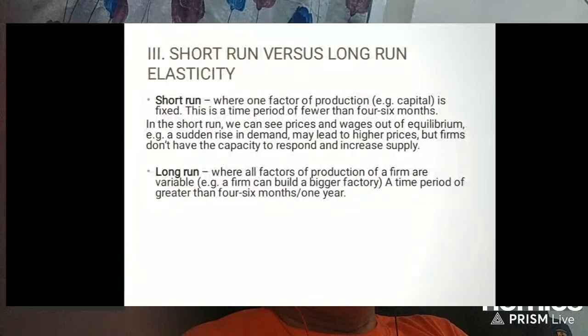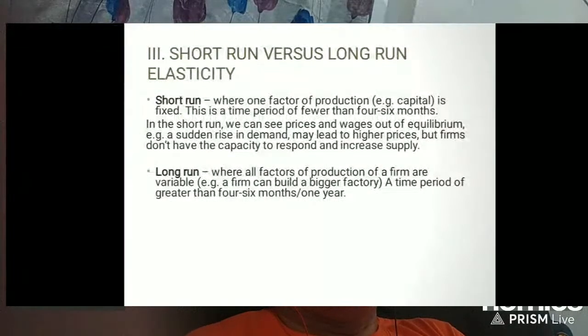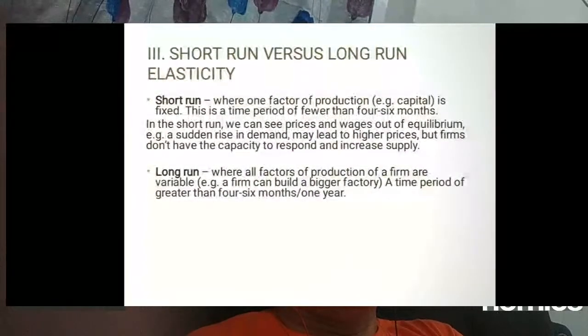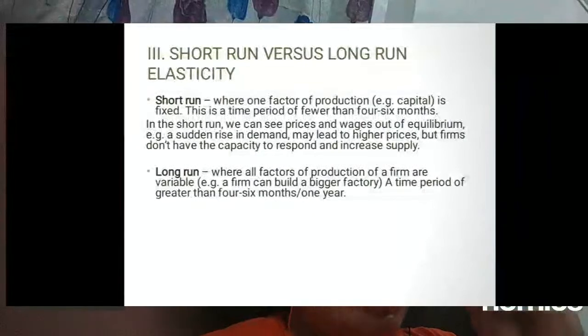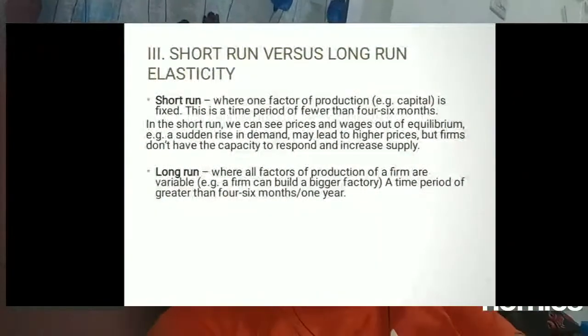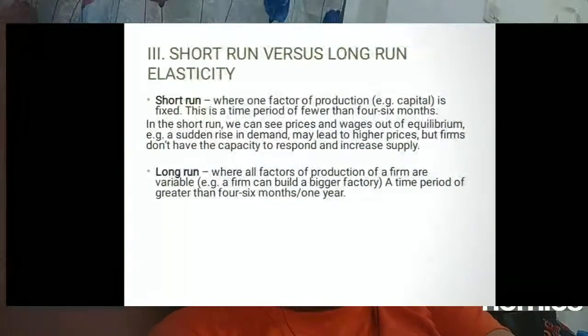Now, the long run elasticity is where all factors of production of a firm are variable. No? For example, a firm can build a bigger factory and the time period of greater than 4 to 6 months, no? It will be up to 1 year. Okay? So,